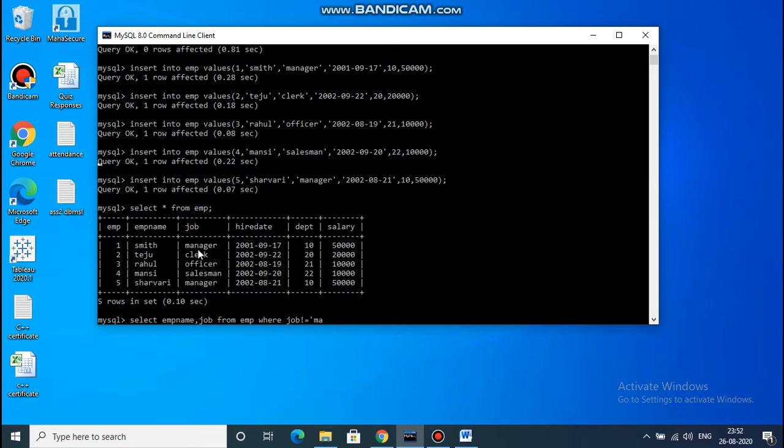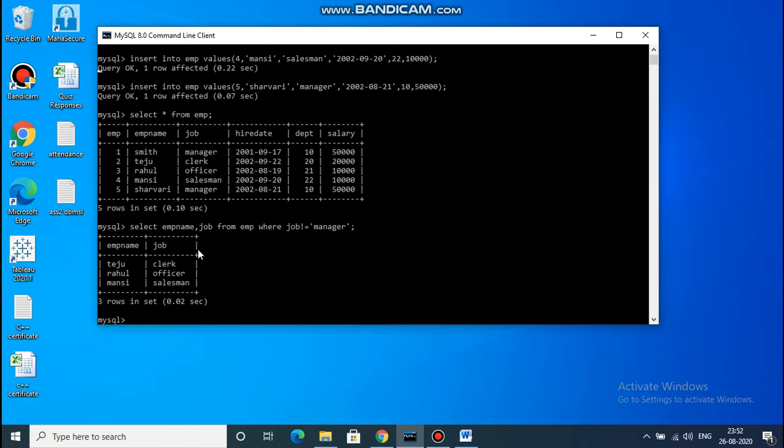We have to put the string in quotes, and after that a semicolon. You can see here we have displayed all the employee names other than manager job. This is the first DML query, to display the name of the employee other than manager.